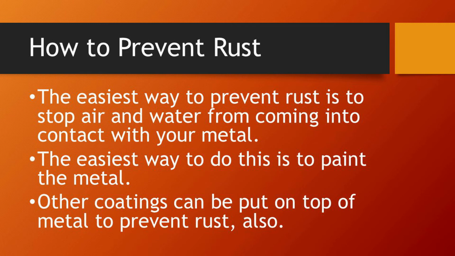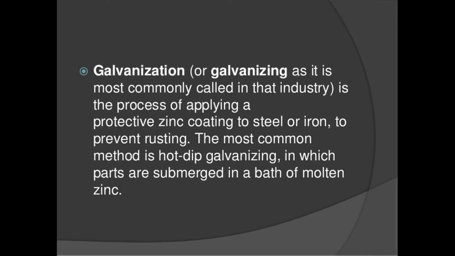Another way to do that is by coating a layer of metal like chromium or zinc on iron. That is known as galvanization. The process of depositing a layer of zinc on iron is known as galvanization. Take iron pipes, which we use in our home, in the kitchen and for other purposes. If they get rust, what will happen after a few years? They will leak and we have to change them.